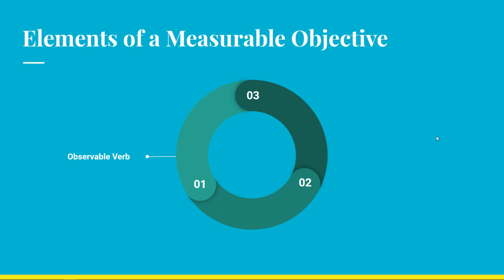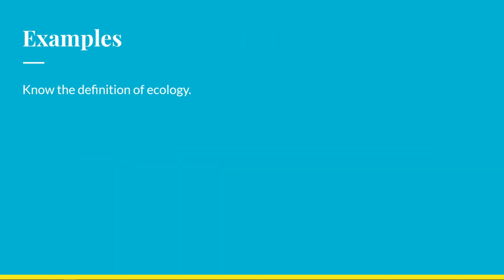Let's look at some examples. If an objective states, "Know the definition of ecology," is it measurable? The verb know is not observable. How do you know whether a learner knows or not? We need an observable behavior as an indicator. For example, if a learner can define ecology using their own words, then I can say that this learner knows